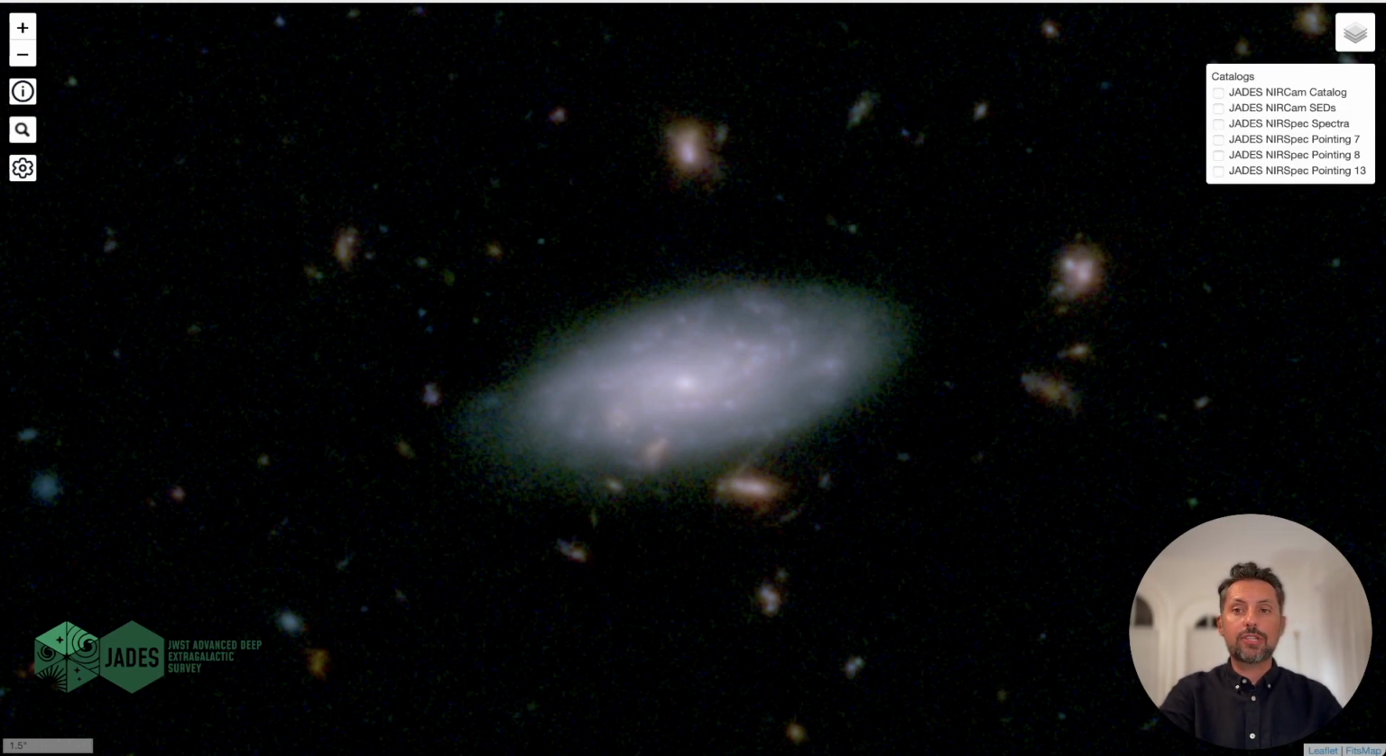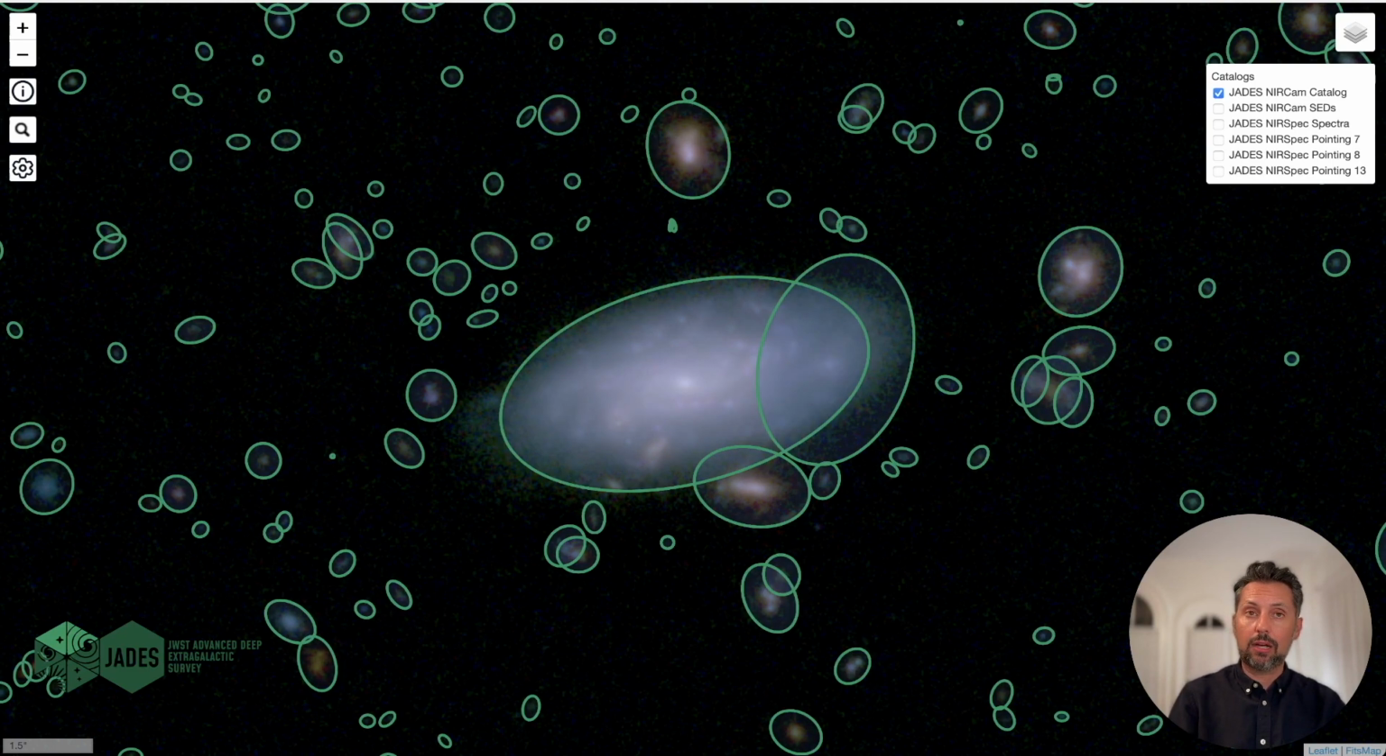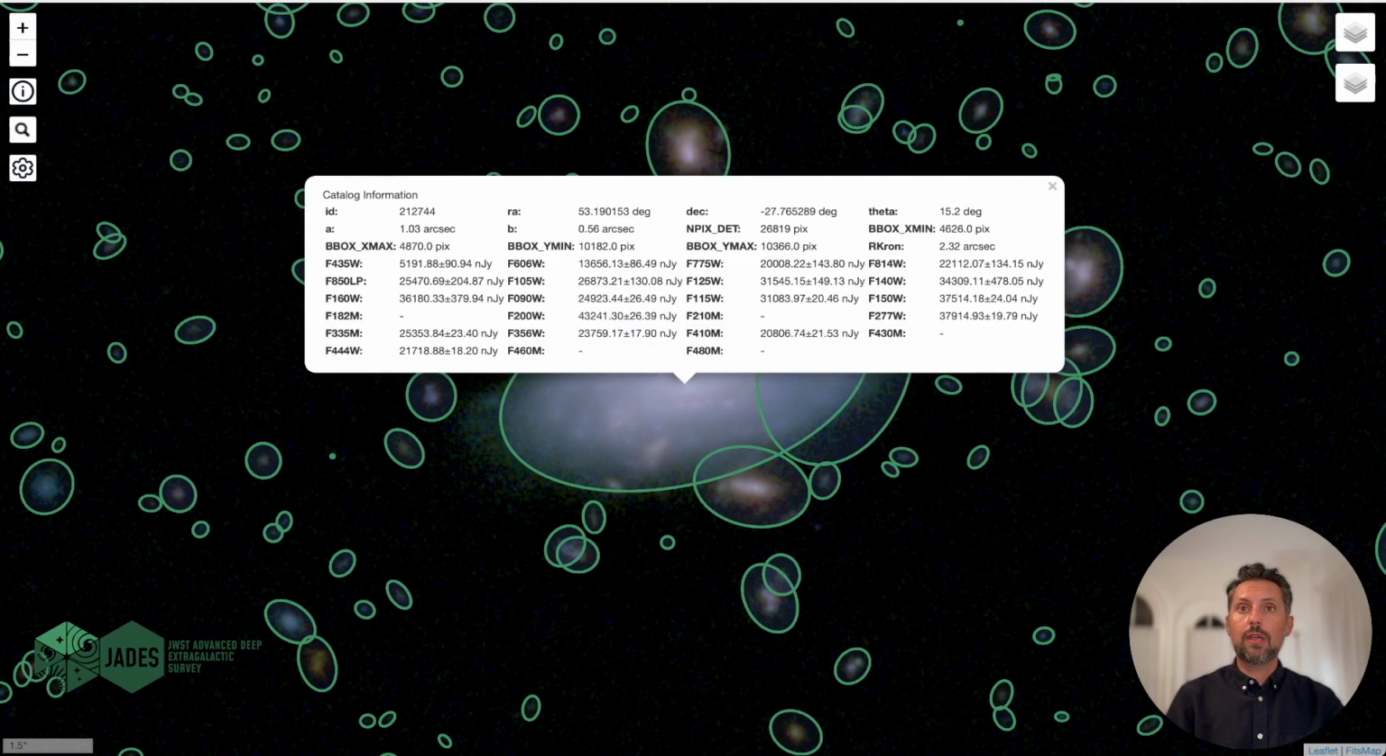If you click this, you'll see that we have overlays that are generated to help you explore the galaxies in more detail. The first one, JADES NIRCam catalog, puts ovals around the objects in our catalog. If you click on the circle surrounding the object, like this one, you'll get a huge amount of information, like its ID number, its position on the sky, which we call right ascension, RA, and declination, or DEC, some information about the shape of this oval, how it's rotated, and how bright it is in all of our filters,